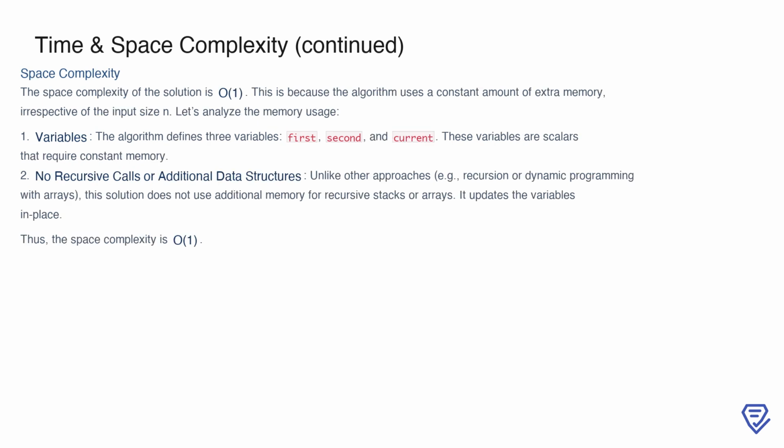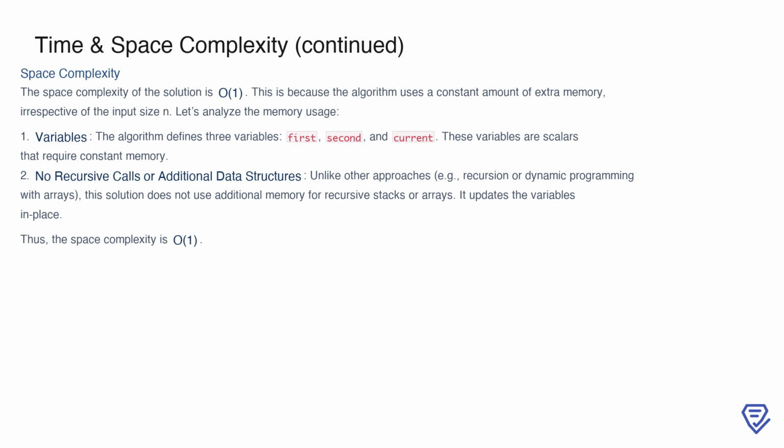The space complexity of this algorithm is O(1), meaning it uses a constant amount of extra memory regardless of the input size n. To understand this, consider the memory usage of the algorithm. It defines three scalar variables, first, second, and current, all of which require a fixed amount of space. There are no recursive calls that would require a call stack, nor are there additional data structures like arrays being